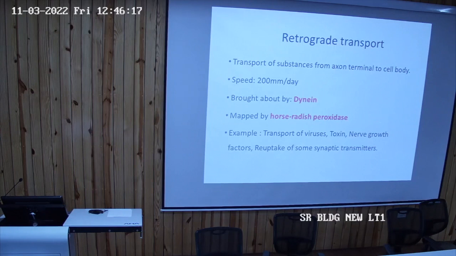And also different toxins like tetanus toxin. Okay, this may also follow the retrograde transport mechanism. And there are different nerve growth factors. The nerve growth factors होते हैं न्यूरोट्रॉफिन, वहां पे भी होते हैं. सिनेप्टिक एरिया में, टर्मिनल एरिया में भी बहुत सारे ग्लायल सेल्स होते हैं, न्यूरोग्लियल सेल्स होते हैं. तो it may produce the nerve growth factor. जो nerve growth factors है वो भी ट्रांसपोर्ट हो सकते हैं रेट्रोग्रेड ट्रांसपोर्ट में.